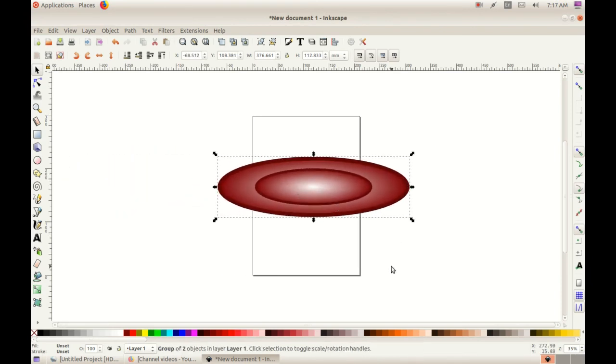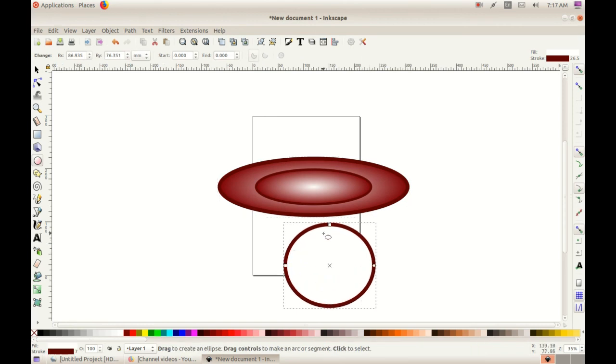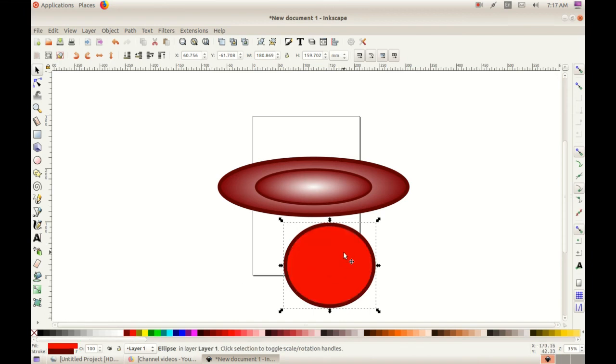See? To get the shape, I want a circle here at the bottom. You have seen the saucer at your home. Taking the circle tool, when I use the circle tool, I got a ring like this. That means stroke is also there.